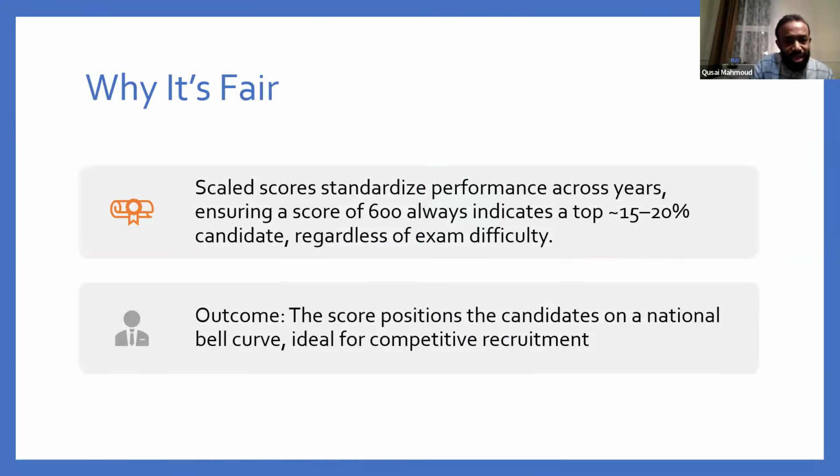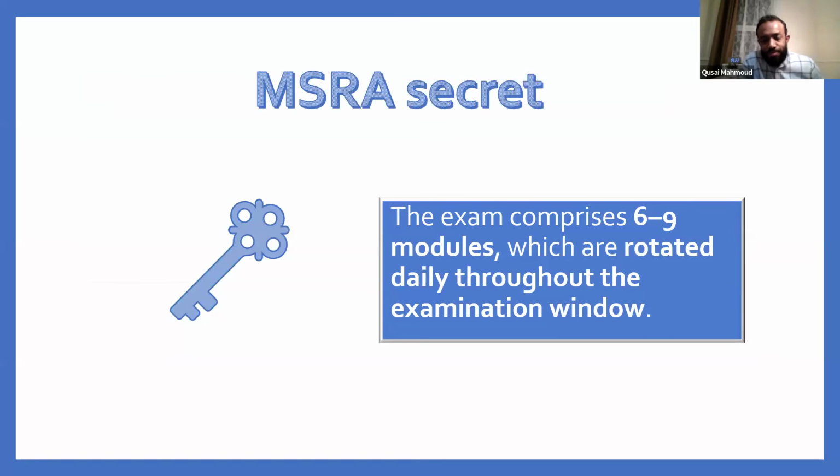Okay, so why is this fair, the scaled score? They are plotting you against the cohort, it is not your own percentage, because this standardizes the performance across the years. If you got a very tough exam this year, and the exam, for example, was relatively easier that year, you are not being mistreated. Now they compare you according to your cohort, so that's why it's fair. So it is always 250 is the average, yeah. So I'm giving you security.